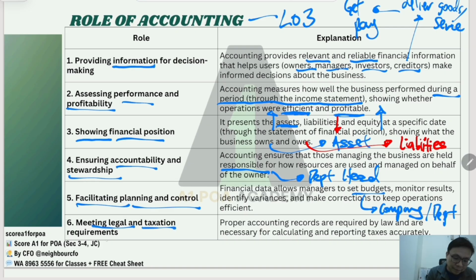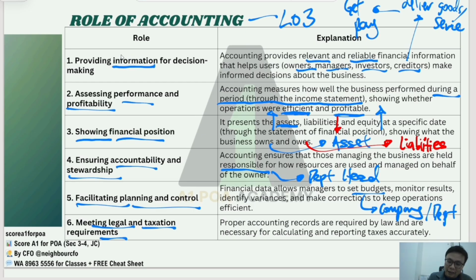And with all this in mind, to meet legal and taxation requirements, the government of the country allows you to run your business. For sure, there is a need to tax the business. In Singapore, the current taxation rate is 70% for the corporate tax for the company. For sole proprietors and partnerships, all this will be voiced down to the individual income tax rate. Why? Because we mentioned that the individual represents the business, because there is no separate legal entity.